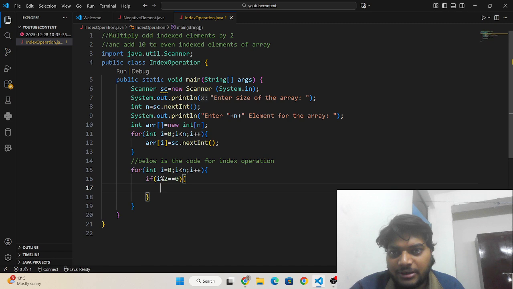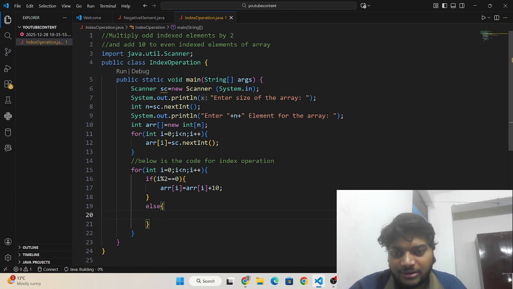If it is even, then we need to add 10 to it. So I need to write here arr of i is equals to arr of i plus 10, and if it is not even, then we need to write this part in the else part.